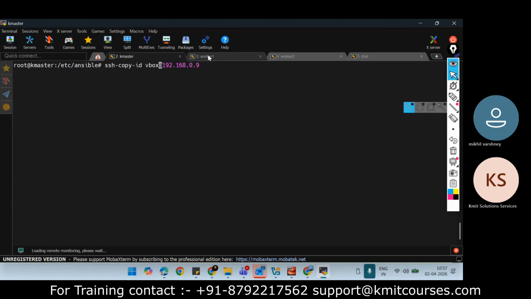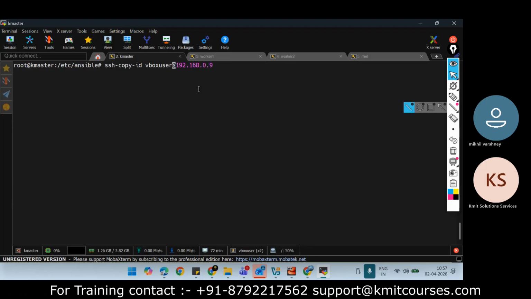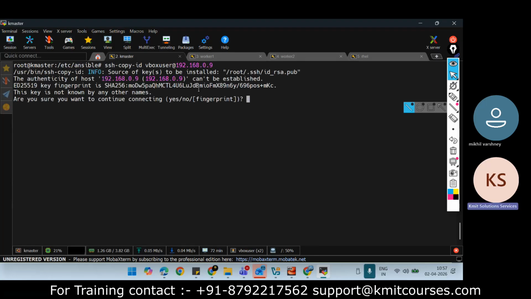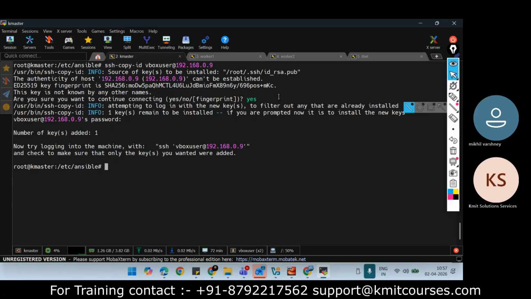It is asking if I want to continue connecting. I'll say yes, I can trust this. Now it is asking the password of that user, so I'm entering my password for vbox user. Okay, one key is added.